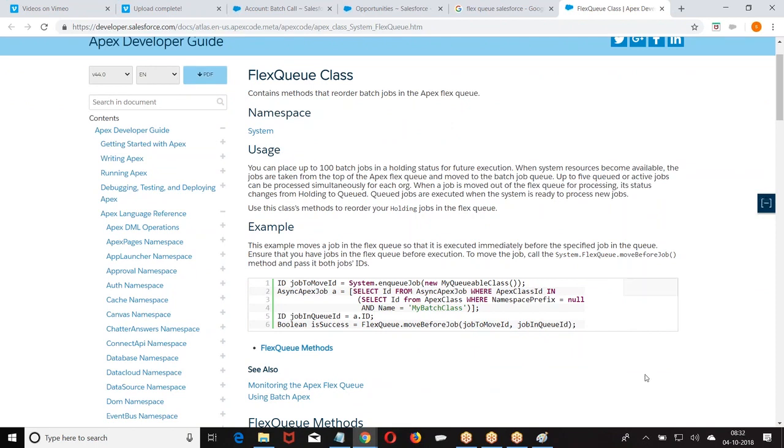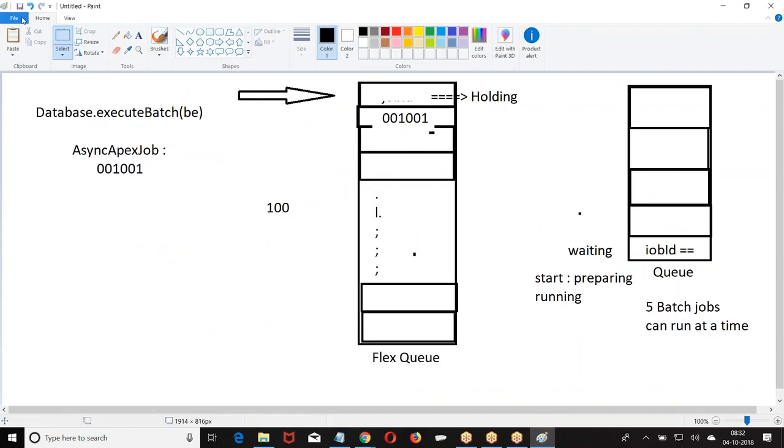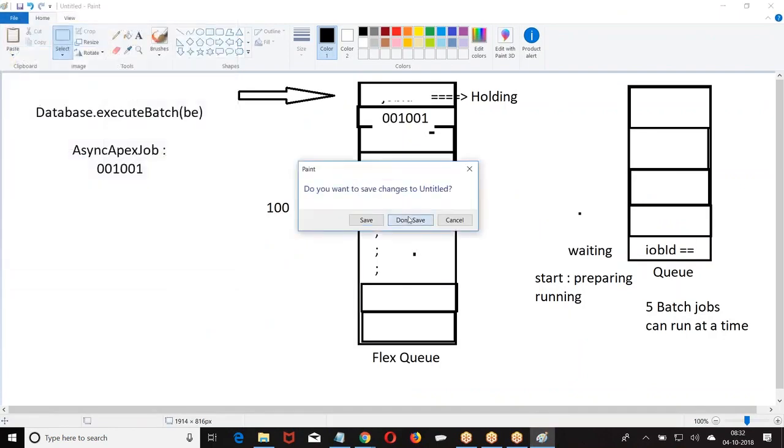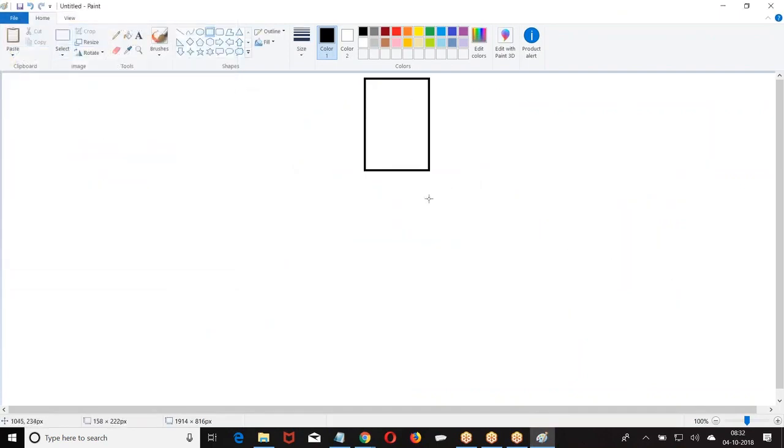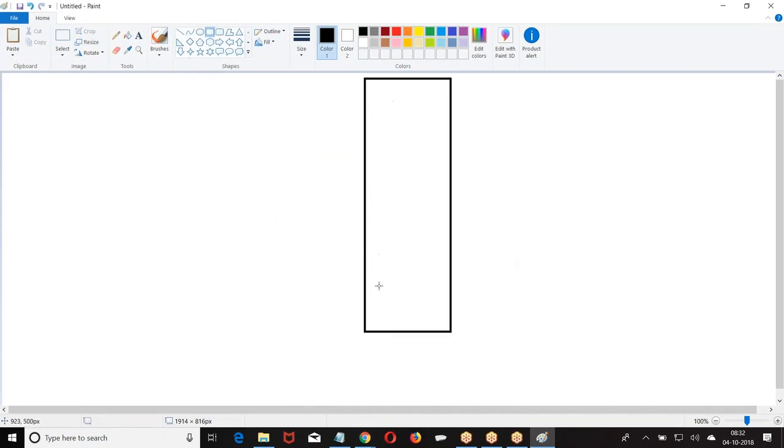Now suppose jobs are added to the queue. What is the concept of queue? First in, first out. Whoever is registered first goes first.